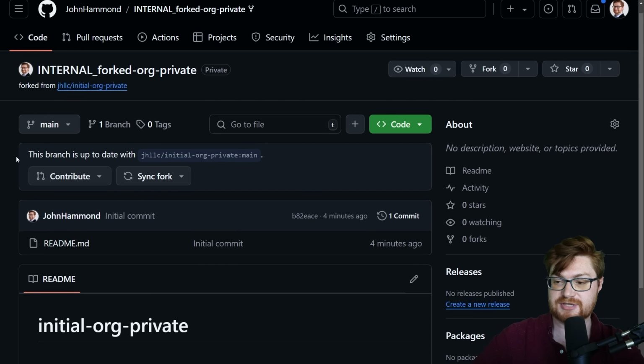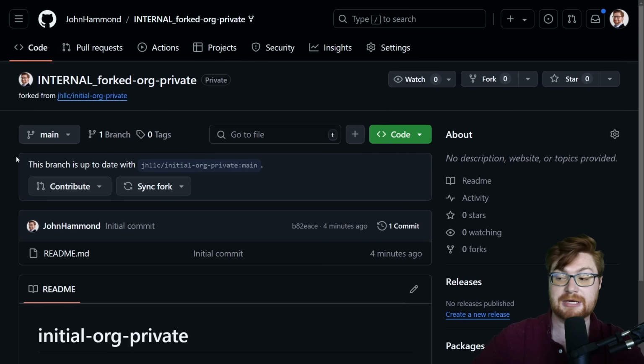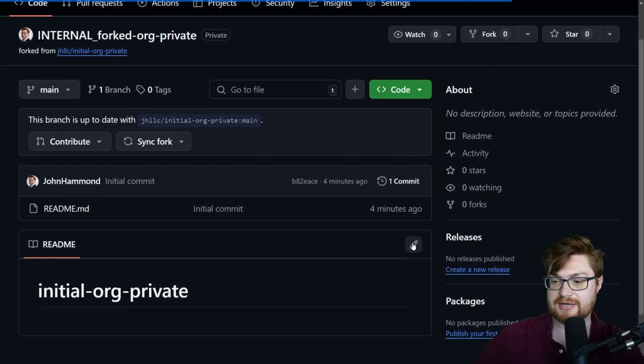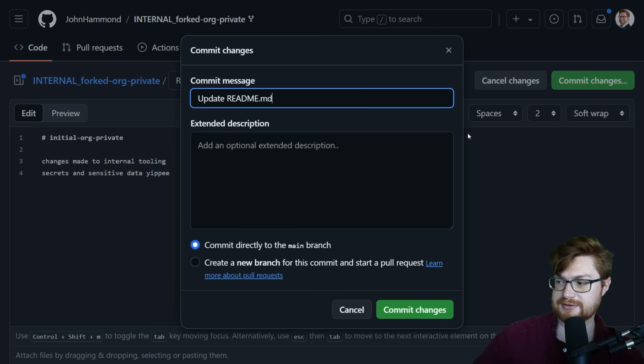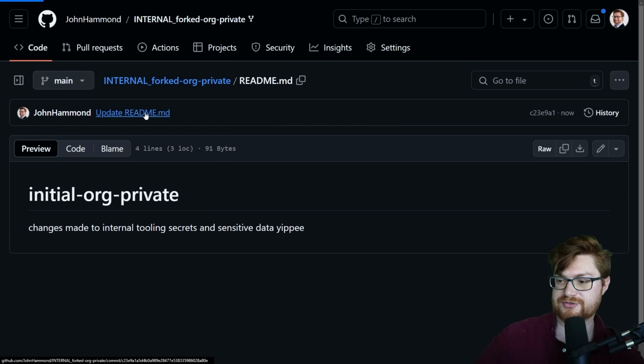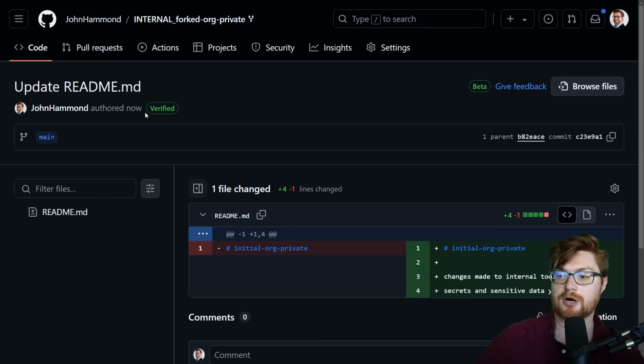So now that that's done, say we made changes, say we manipulate, say we edit or do whatever as we used to do in our internal private forked repo, we'll say changes made to internal tooling. We can go ahead and commit those changes. Good by me. And now we'll see the new commit that is added in our internal private forked repository with the commit C23E9, whatever. Now let me copy that SHA-1 commit ID just so we could work with it for the visual demo, and then we'll do it all in code in our brute forcing method in just a sec.